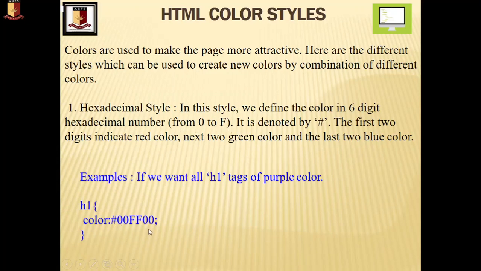If it is so difficult to remember all this code, it is better to use the color name instead. It's denoted by the hash, and the first 2 digits indicate the red color. Next two digits the green color, and the last two the blue color. So a mixture of these combinations actually produces a new color: red, green, and blue. We can say RGB. Okay, if you don't know the color code, directly type the color name. So let's do it practically one by one, so you will easily understand how this actually works.